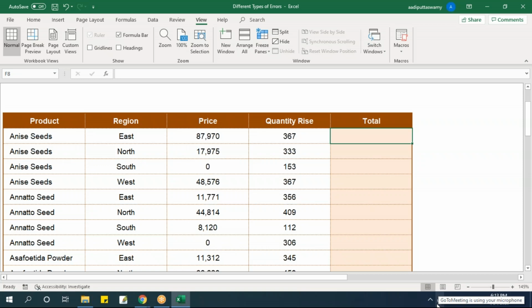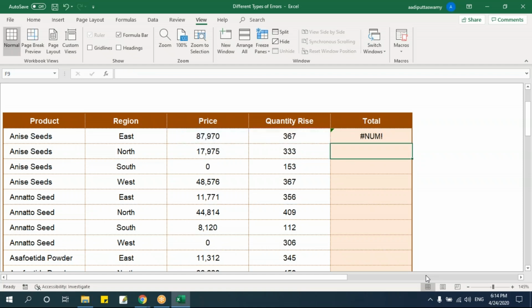If you'd have seen in a calculator, when I'm doing some calculation, suddenly I might get that ERR or say E or something, because the value whatever is there, it is beyond the limit of the system. Let's assume say equals this to the power of this and say enter. See, if you just observe 87,970 to the power of 367, that means these many times we have to multiply this, so this will become beyond the limit of my computer.